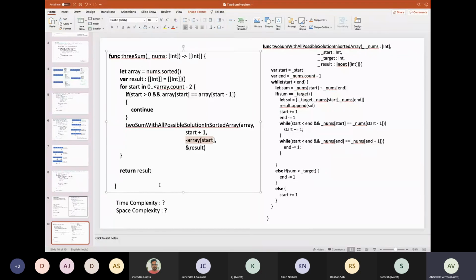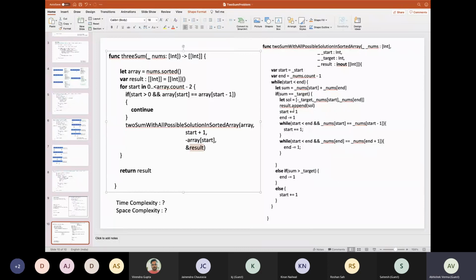So start is pointing to the x position. I am asking this function to return me the result for all possible solutions from start plus 1, with minus of array start as my target, and I'm passing this result to get everything appended here.